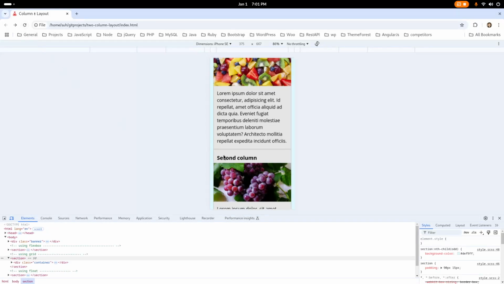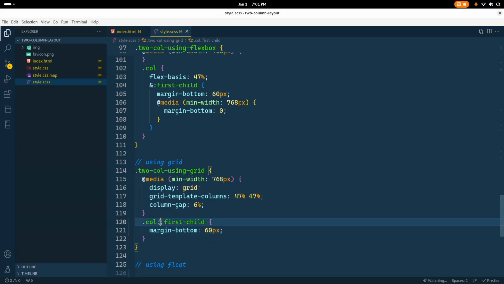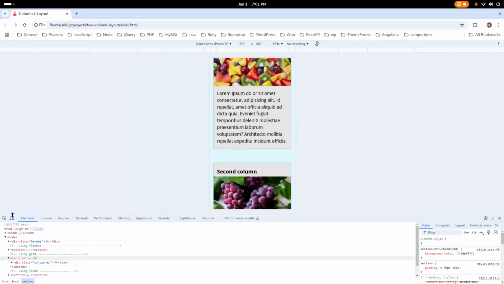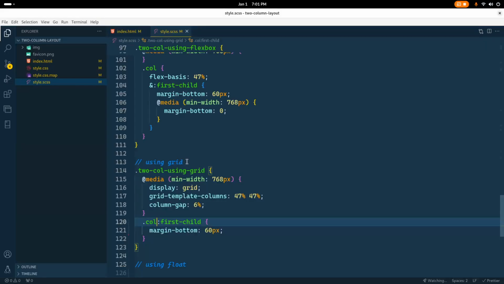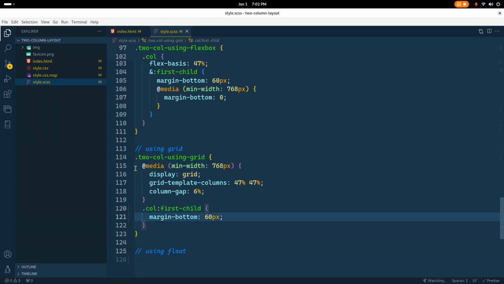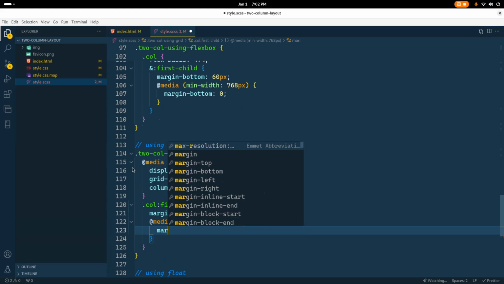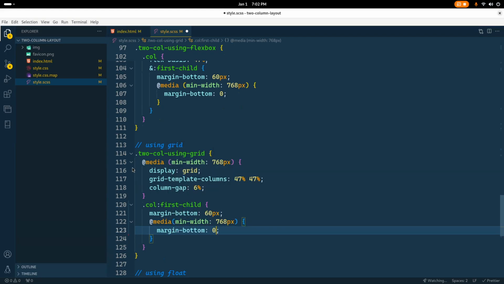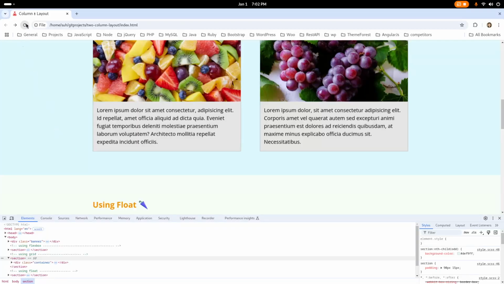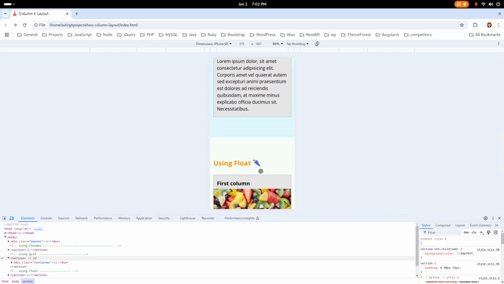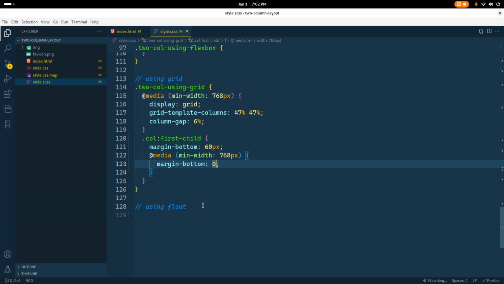And if I refresh, so this looks good. And just like the previous one, we will offset this margin. So this now looks good on large devices and also on small devices. So that's the end. And for the last example,